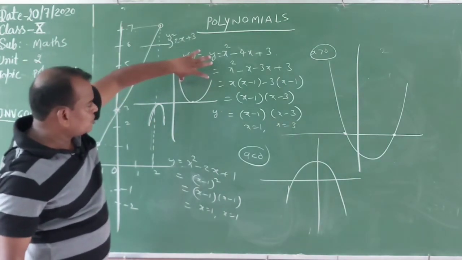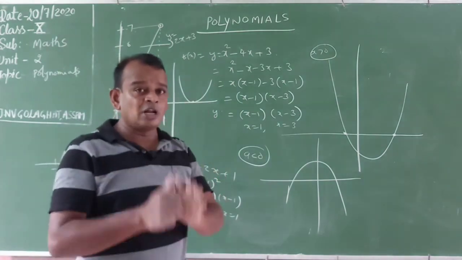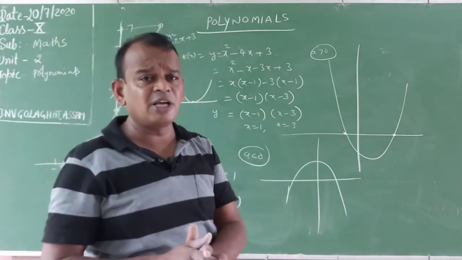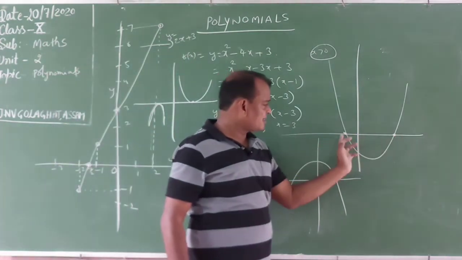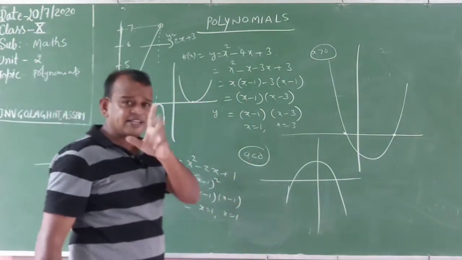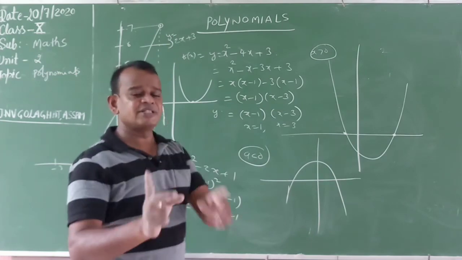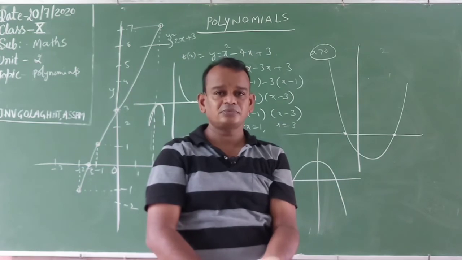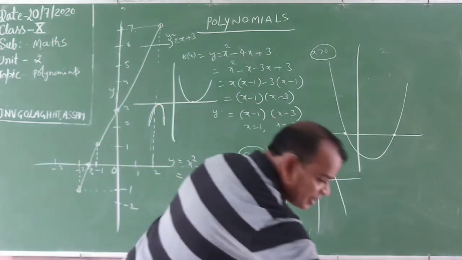Whenever a parabola is given like this, which touches the x-axis at a single point, whenever you see a parabola, immediately in the mind, that is a quadratic polynomial. In that quadratic polynomial, must and should have 2 roots. But intersecting the x-axis at 2 points means 2 roots. What about this? It intersects the x-axis at a single point. What is the meaning of that one? Only 1 root, meaning actually 2 roots, but those 2 roots are coincident. Understand or not?